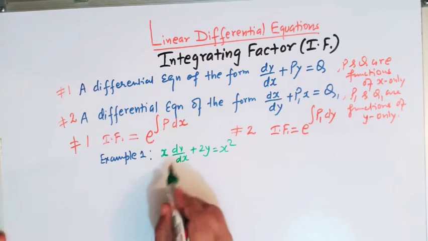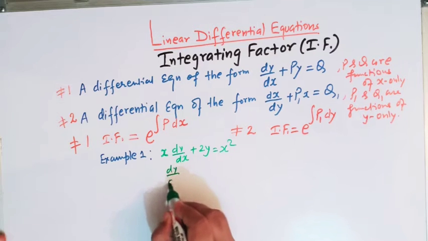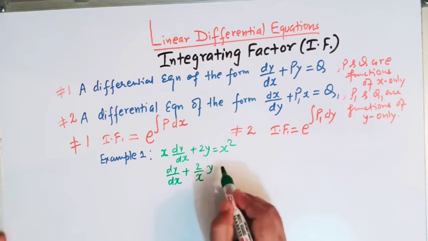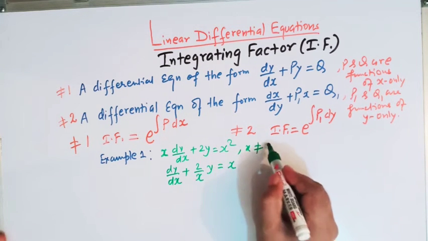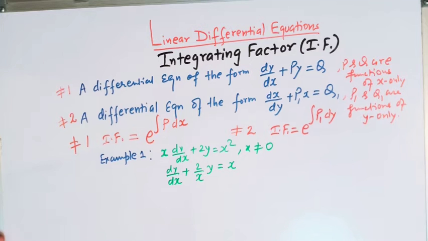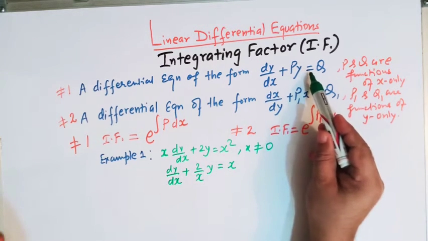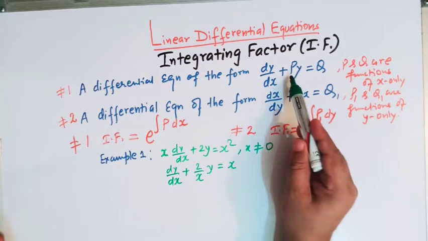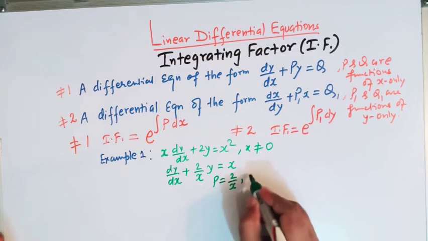So dividing both sides by x, we have dy/dx + (2/x) y = x, and here we have the condition x is not equal to 0. Now we see that this equation is of the standard form. So comparing, we have P = 2/x and Q = x,